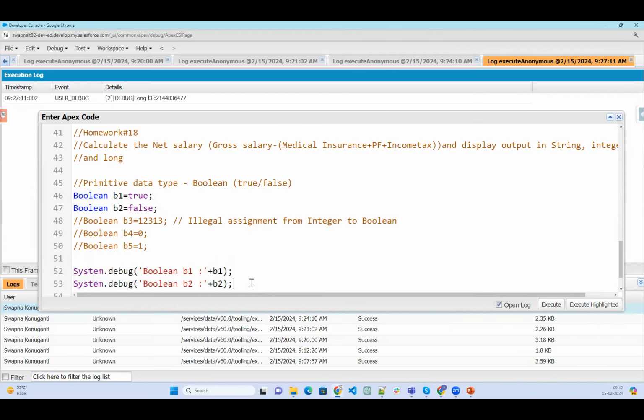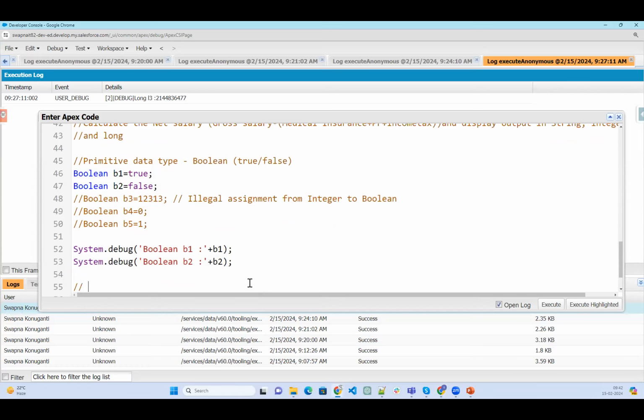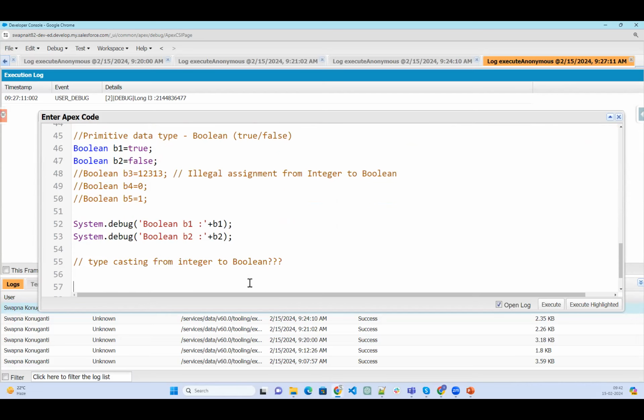Okay, let's say I have an integer. Now I wanted to do the conversion, typecasting from integer to Boolean. Can I do it? So let's say here I have a Boolean, casting for the Boolean.